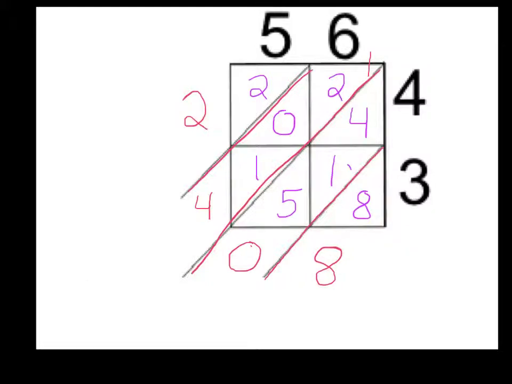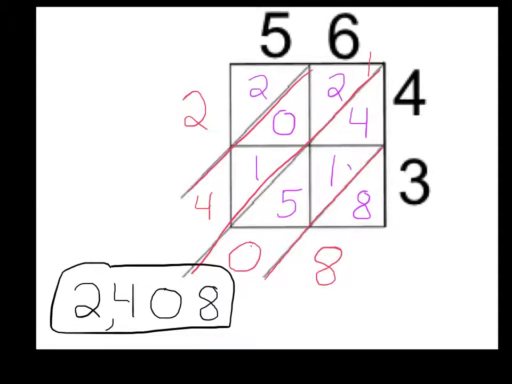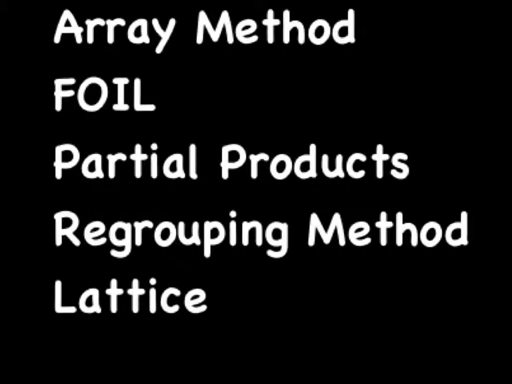What's important is to place those numbers in order from largest to smallest. We then work back, counting 1, 2, 3, and place our comma into the thousands place. Again, giving us the product 2,408. In summary, we've showed you all 5 ways to get the same product: the array method, FOIL method, partial